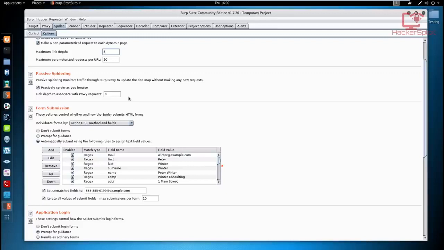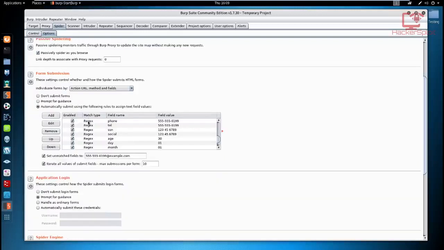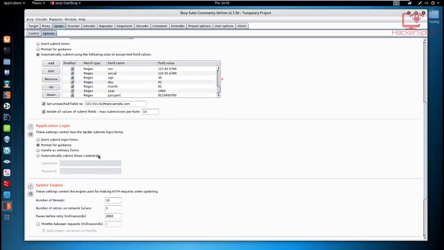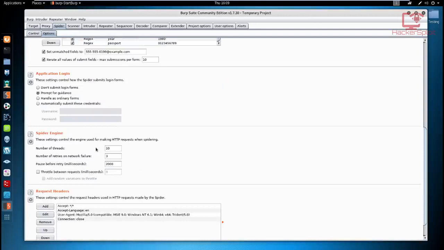All right, so form submission, again, this is something that I said we'll be talking about in the next video, because it is quite advanced, and we'll get started with the Damn Vulnerable Web Application there. Moving on to the spider engine, we'll be looking at application login as well, but for now, we will just skip over that. When we talk about the spider engine,